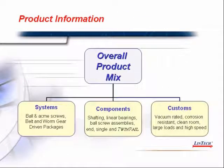Lintech's product offering can be broken into three areas. Systems consist of a base, carriage, and drive mechanism that are assembled together ready for the customer installation. The standard drive mechanism offered is ball and acme screw, belt, and worm gear. There are 15 series of these systems with millions of optional features to allow for easy alterations to fit a